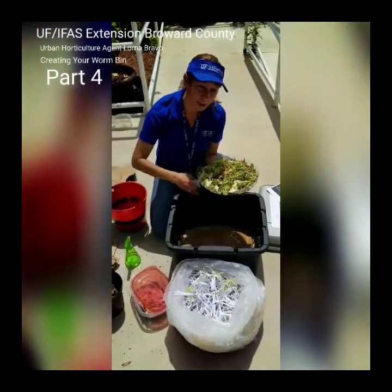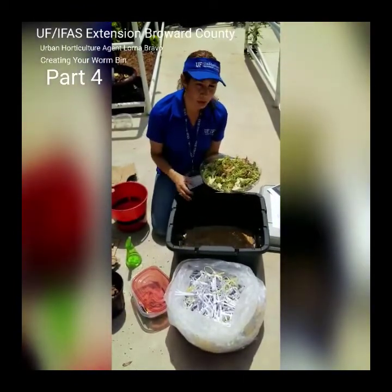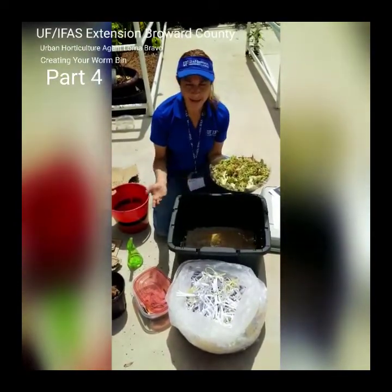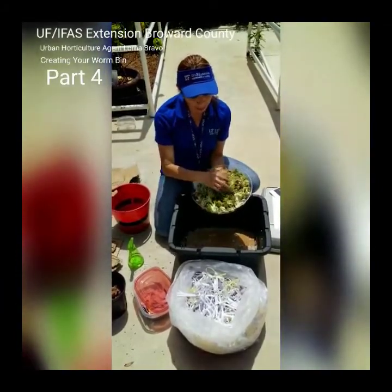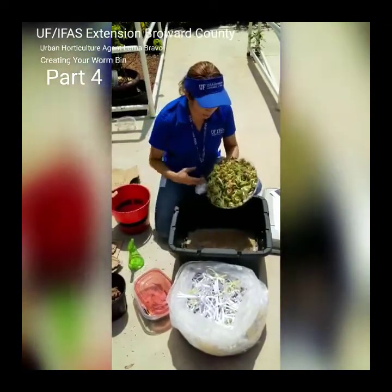You can put coffee grinds. You can put all your shredded vegetables and your peels inside, but stay away from any lactose or milk products, because that's going to attract flies and things that you don't want in there. And also, when you are breaking down your pieces, try not to put too many big things, because think